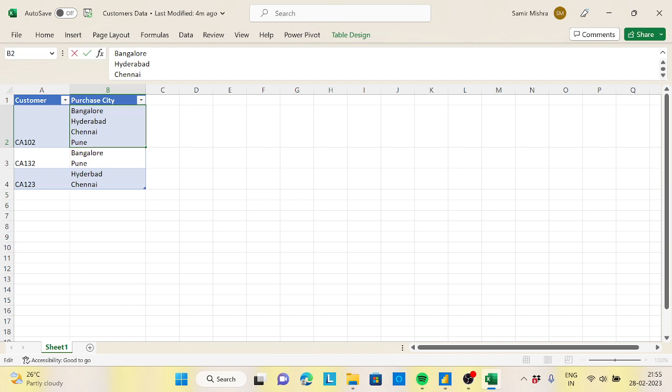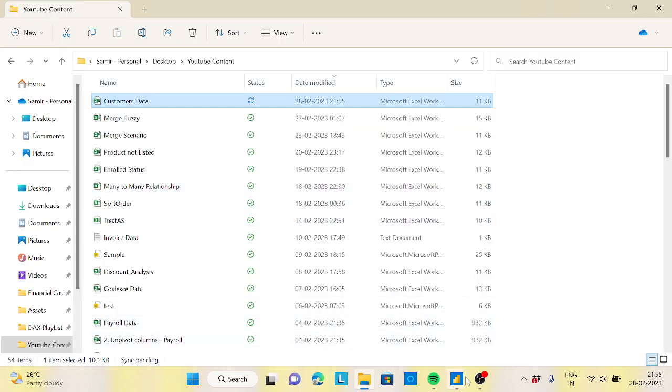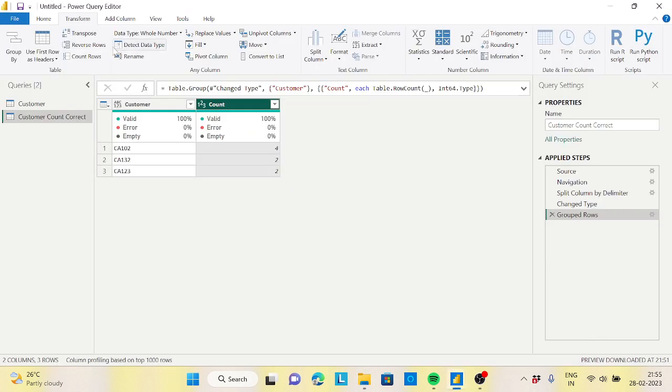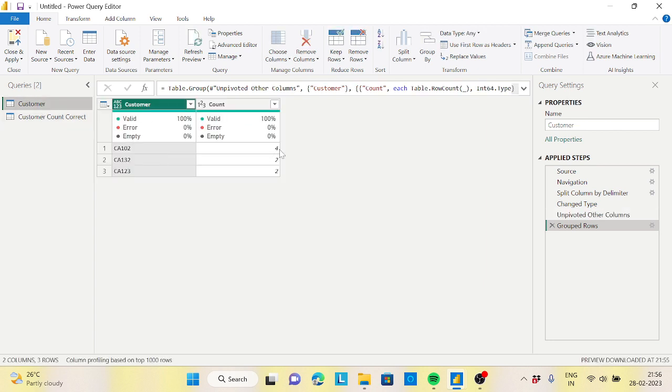Now let's try to add one more, somewhere in the data, so that it becomes 5 here. Okay. Bangalore, Chennai, Pune. Let's take alt enter and put Kolkata. Okay. So let me save this file, close this file. Okay. Let's go to this data, home tab, refresh. See, automatically it's coming as 5,